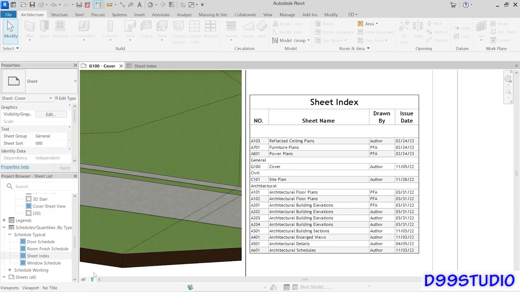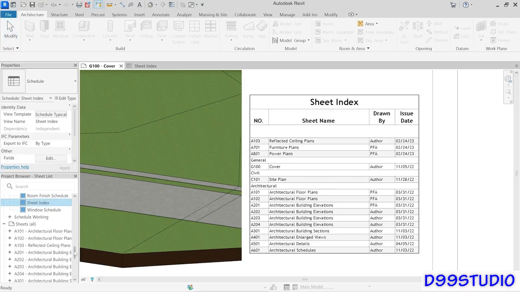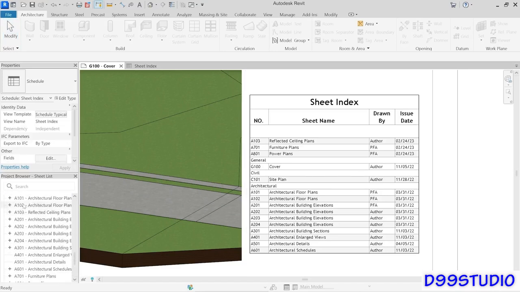Now, the next thing I want to point out is how the schedule is formatted. If you look at the Sheets branch, you can see that my Sheets branch starts with sheet A101, and then the cover is unfortunately at the bottom because the number of this cover sheet is G101. Okay. Now, when I look at the sheet index, it's a little strange because, well, I've got this group called